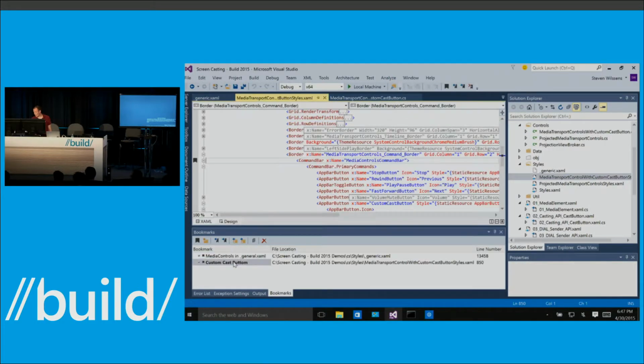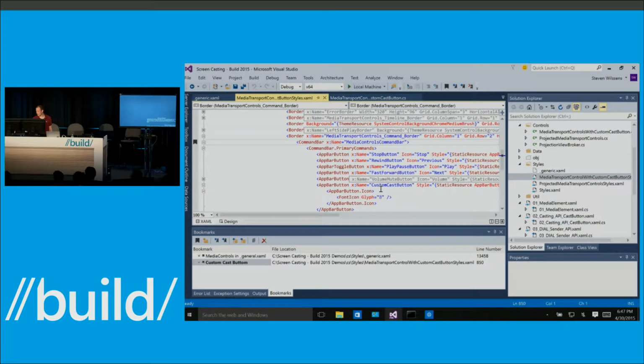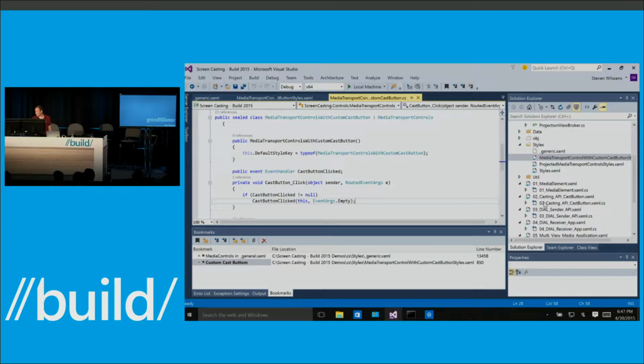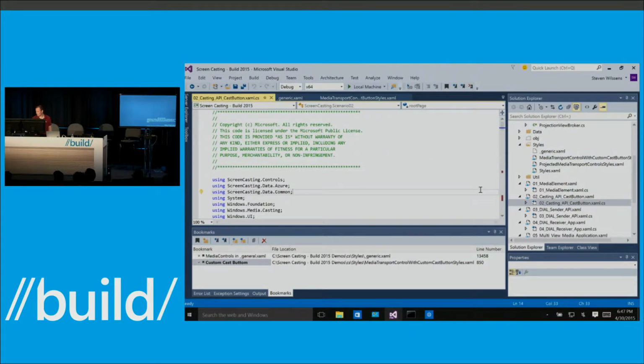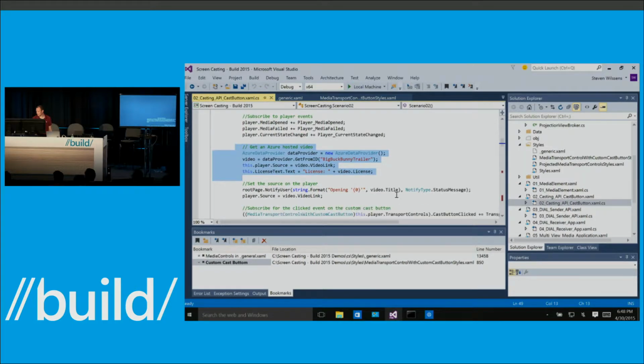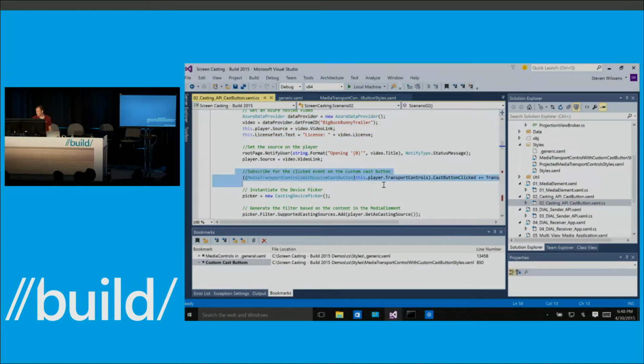But what I did now, in my own implementation, in my own XAML file, is remove some of the buttons that you saw before, and I removed the default cast button and called it my custom cast button. So now I can subscribe to that event myself. And that's really what you've been seeing in the custom cast button here. If I go back to my code, I have my custom transport controls, and in my constructor here, I first get the video. I get the transport controls on my player, and I subscribe to the cast button clicked. So when the cast button clicked event is fired,